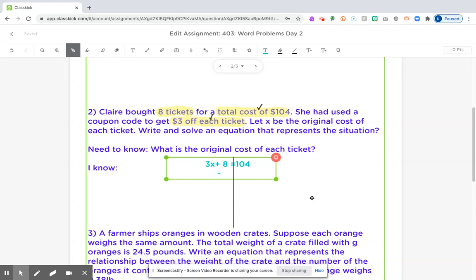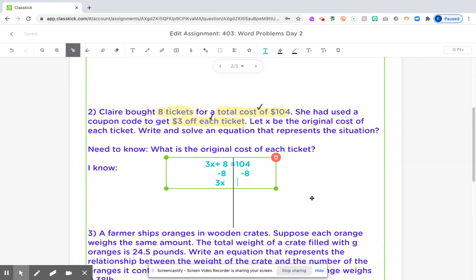Our numbers without the variable, I should say. So I'm going to subtract 8 on both sides because that says plus 8. And when I do that, I am left with 3x is equal to,